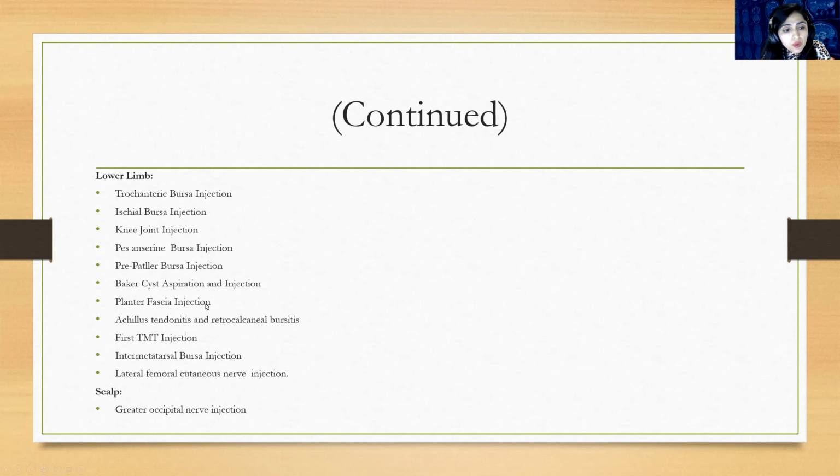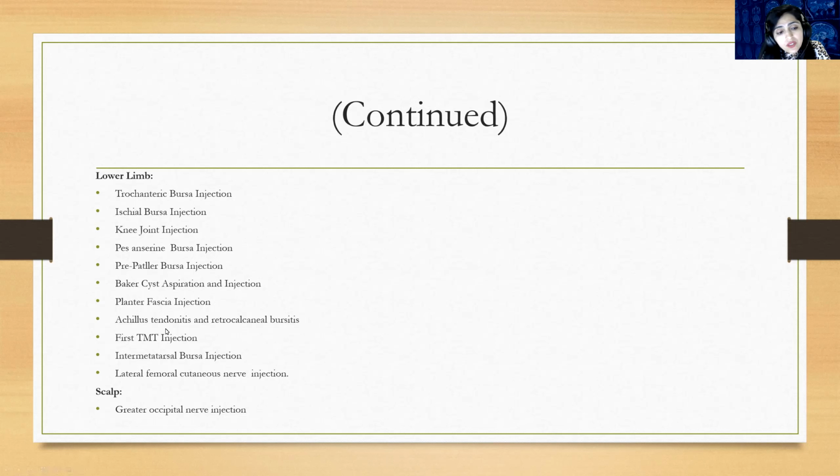Then moving on to the foot, I think the most common injection which we perform around the foot is a plantar fascia injection. Plantar fascia is quite a common condition because many patients have the plantar spur, and when there is an extra spur on the plantar surface of the calcaneum, it keeps on pressing on the plantar fascia, leading to inflammation of plantar fascia. I think around the foot, it is the most common injection which we usually perform. And again, we do not inject into the fascia; we inject at the top of fascia.